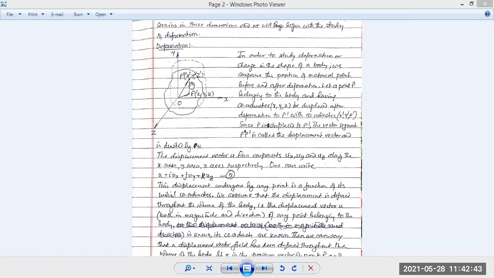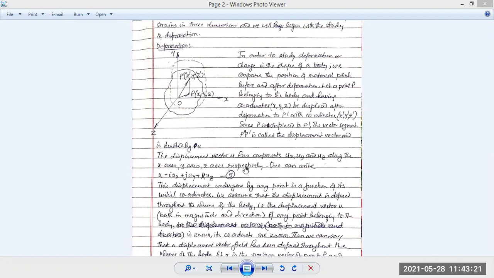You know, from the theory of vector analysis, velocity, force, and displacement are all vectors. So here we will see that the line PP dash is a vector which has an origin as well as a numerical value as well as orientation, or angle, or line of action itself. Its line of action started from P and finishes at P dash itself. So PP dash we define as the displacement vector, and it is denoted by U. Why is it named like this? It shows us the displacement of this point P to P dash itself.